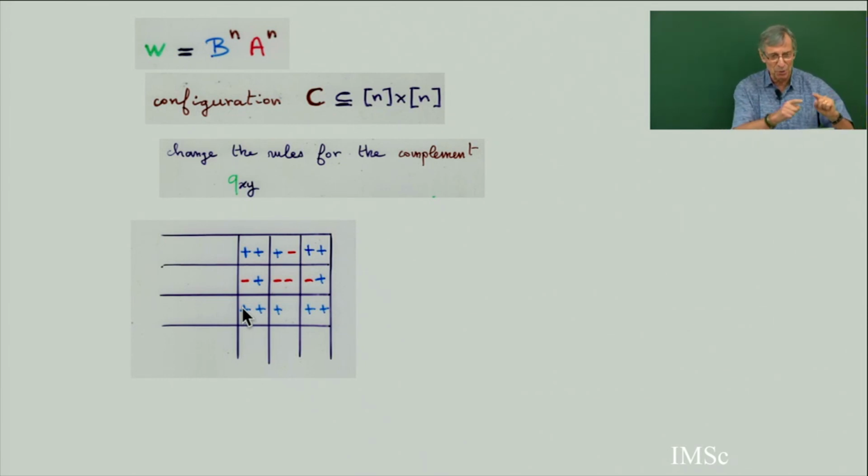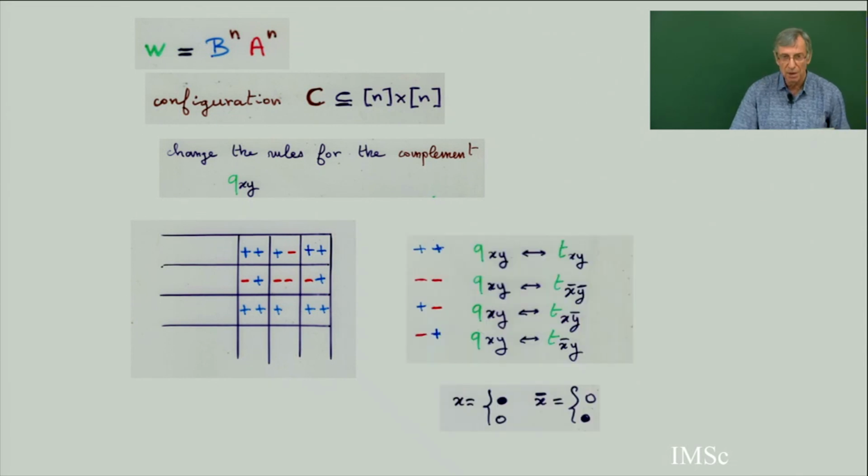So I have to know the parity, and the parity will depend on the parity of the cell of the configuration itself. But then, if I take a cell here, it will also depend on the parity of the total number of cells on the right, the total number of cells above. So I have to color in with 4 possible colors. So all the cells will be with 4 colors, plus, minus, plus, and minus. So you start with plus, then minus, plus. So each cell is colored, you have to count the parity of the cells on the east, the parity of the cells above, and then the rule will be the following.